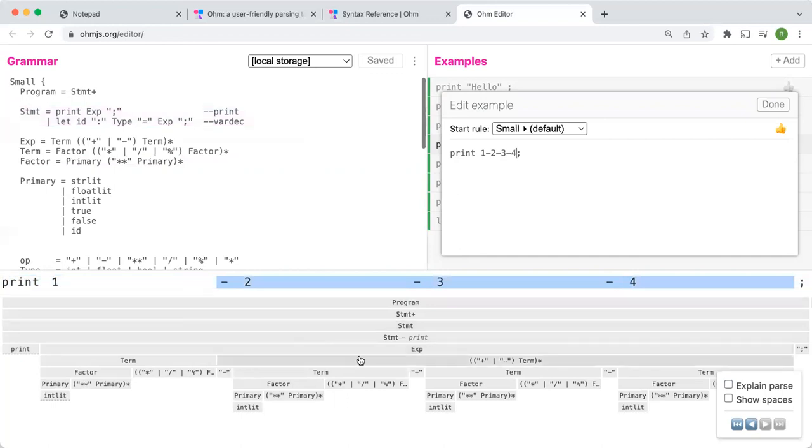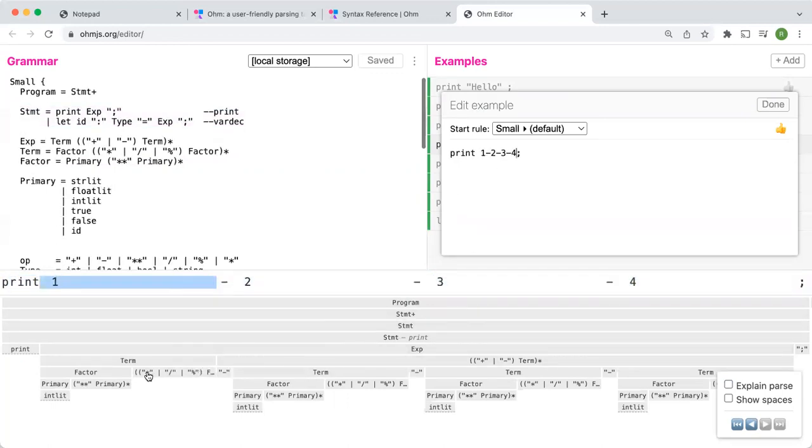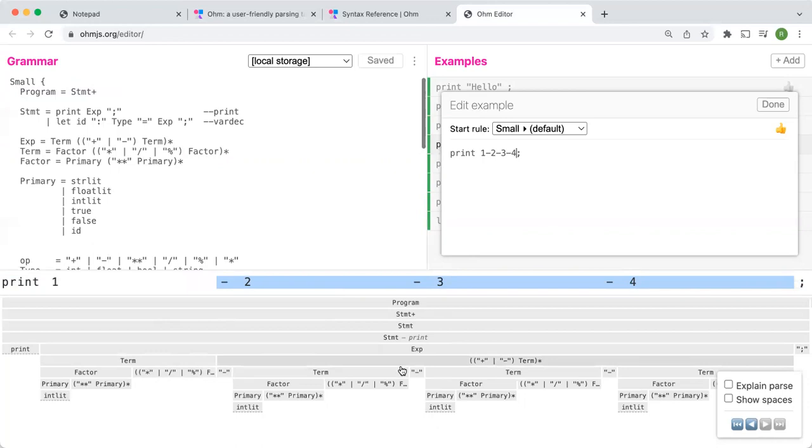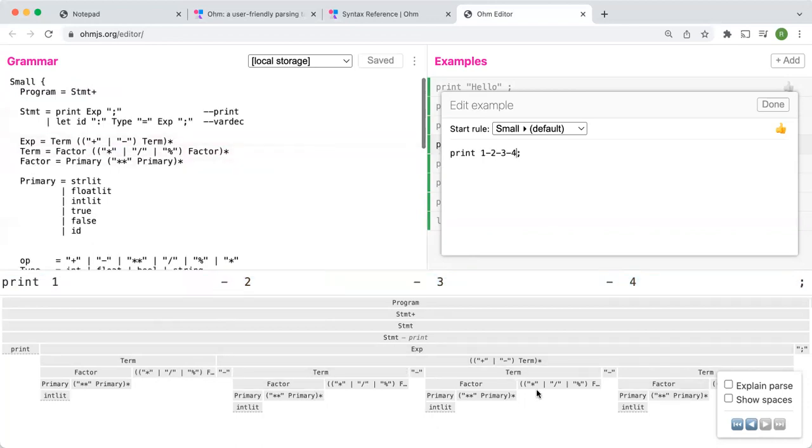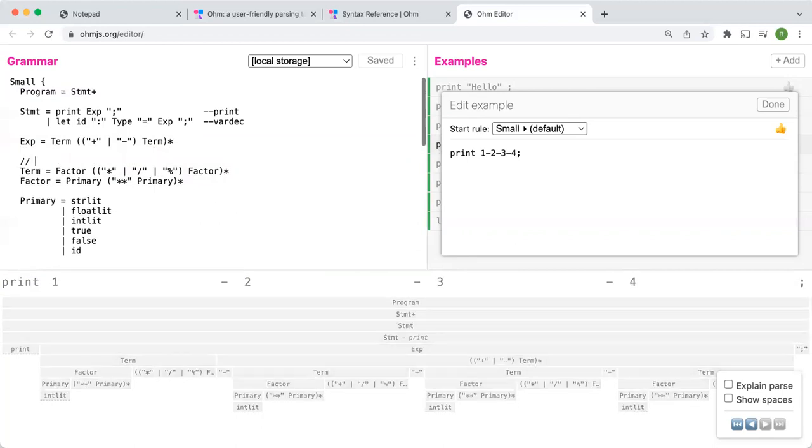When I look at my grammar, I really can't tell whether I should be doing the 1 minus 2 first and then multiplying, then subtracting the 3 and then the 4, because everything's kind of flat. So we should probably work on this in the grammar. We should probably find a way to force Ohm to be thinking about doing, if it ever saw 1 minus 2 minus 3, that it should actually take this 1 minus 2 and deal with it as a unit before